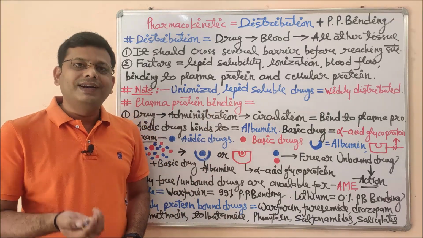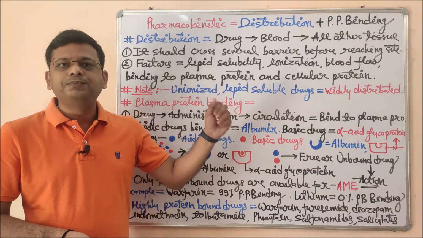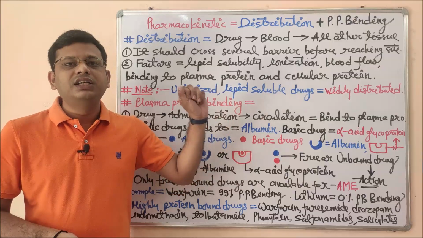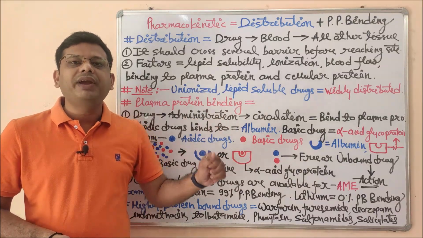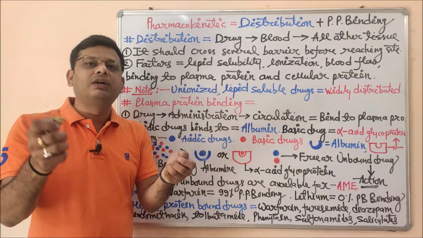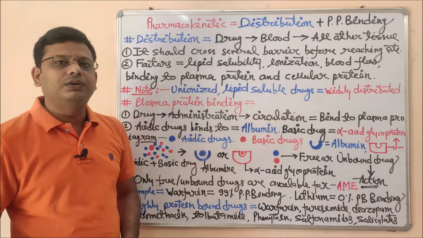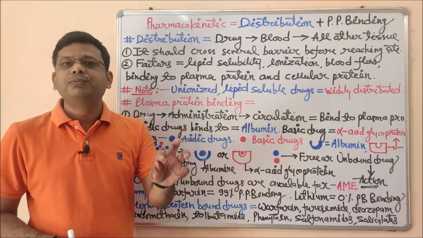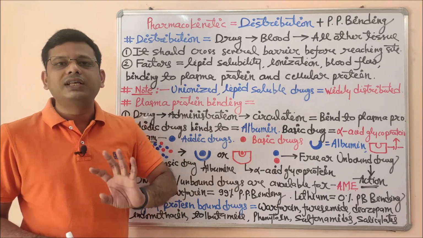So how many students will receive this drug, or this chocolate? Only 5 students. And what about the 5 which I am keeping? Those 5 chocolates will not be distributed in the circulation system, and will remain unavailable to the children until I release them one by one, and only then will they have them. So this is the important phenomenon of distribution: the drug should be distributed in an equilibrium manner, so that there will be a positive homeostasis condition.